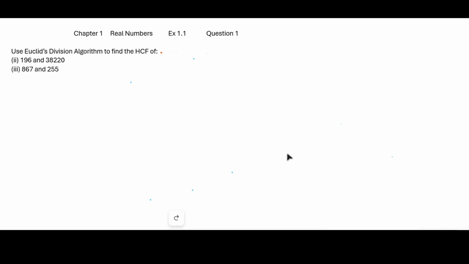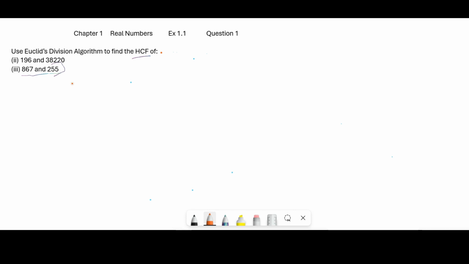For the first question, we have already covered two questions. Now we are going to take the third one. That is, we need to find the HCF with the help of Euclid's division algorithm of these two numbers. Let us do it. So first of all, let's revise how we find the HCF with the help of Euclid's division